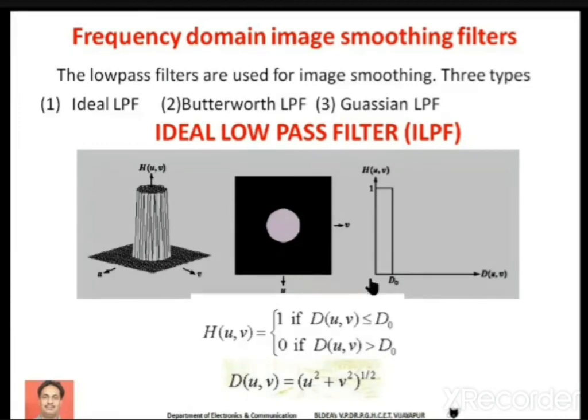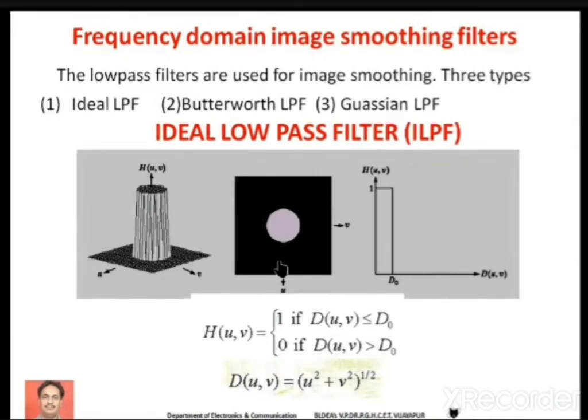The first diagram is simply the low pass filter transfer function with a two-dimensional signal. The second diagram is the 3D version of the first plot, and this particular diagram indicates the conceptual view of the low pass filter. It indicates that for the white portion of this diagram the signals are allowed, and outside this circle the signal is blocked. So this is how we represent the ideal low pass filter.